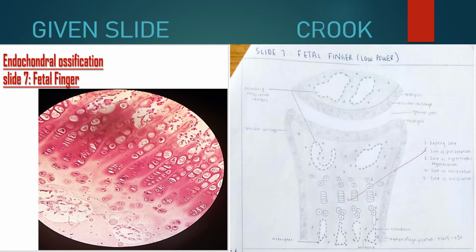As you can see, on the left is a picture of the real tissue, and on the right is a simplified drawing of the tissue of the feet or finger. In this case, this drawing is actually a crook. They are just what your seniors drew in their time, because at the end of the day, the same lab